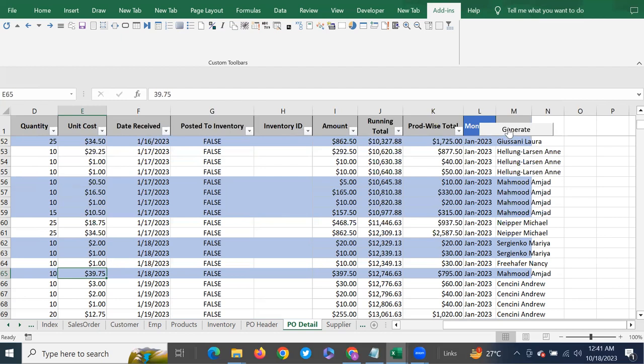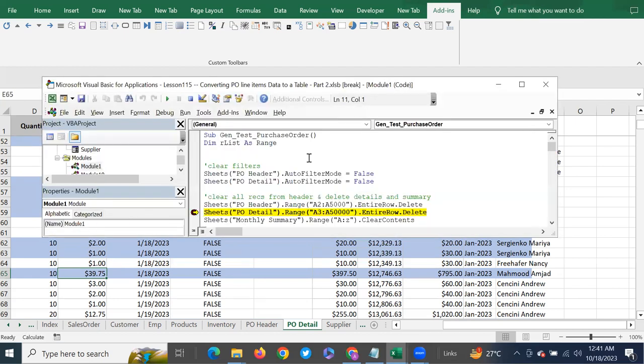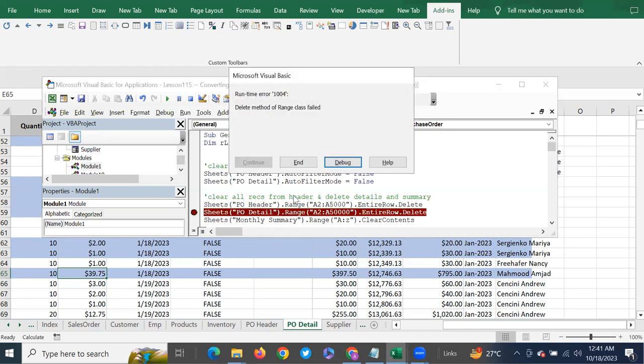So what is this and why? I'm going to explain. When you click generate, first of all it deletes the header, then it deletes the details. Previously it was 2, and that was causing an error. So I made it distinct. Yeah, it gives this error because